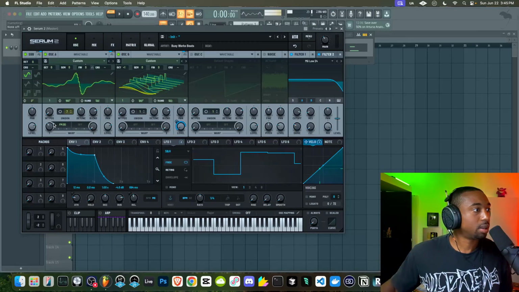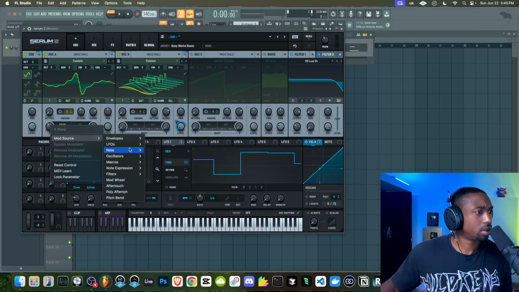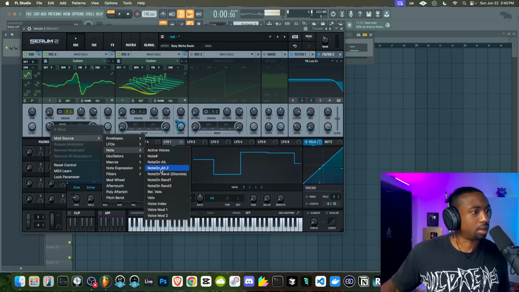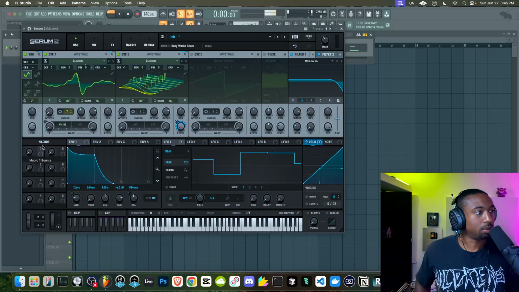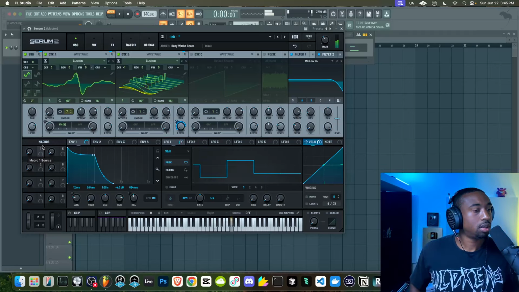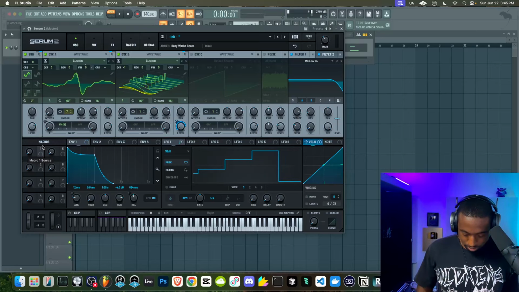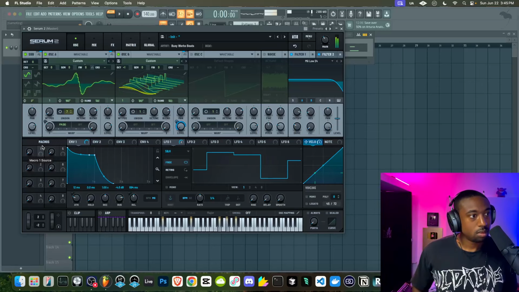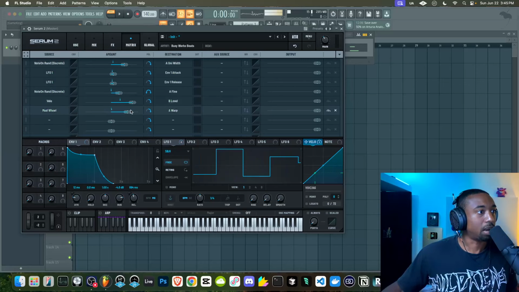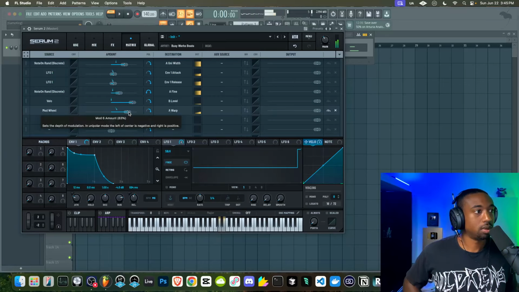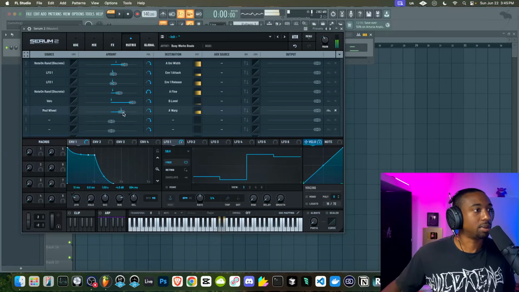Okay, so let's say we want the FM to also be controlled by the, let's do the mod wheel instead. Okay, so the mod wheel is going to be on here. So if I turn the mod wheel up, it adds harmonics like that. Now I'm going to set a max level so that when I turn my mod wheel all the way up, it doesn't go all the way up. Say that I want the max to be here.